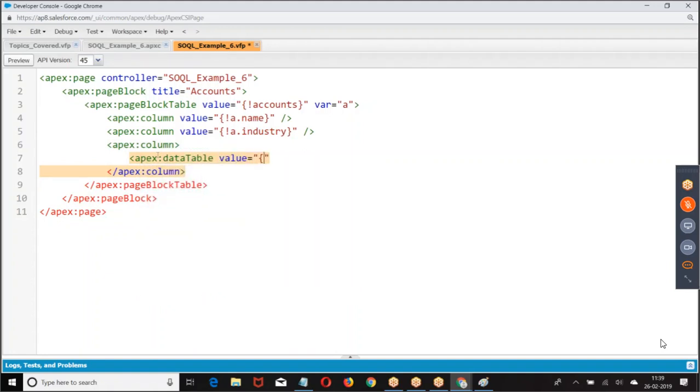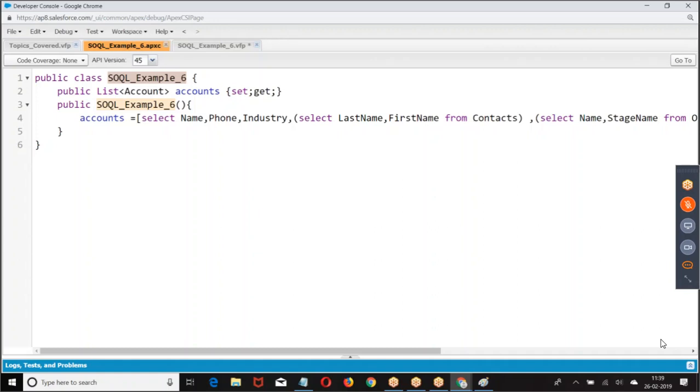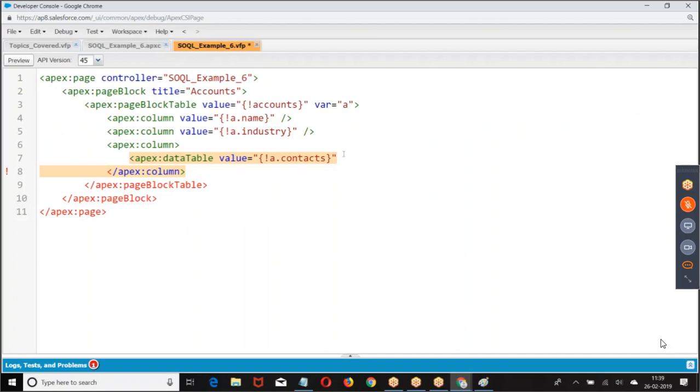Data table value equal to A dot contacts. Now what is the relation we have used? Contacts. So A dot contacts will give you the list of contacts of the account.